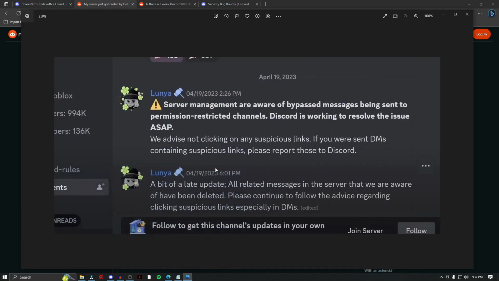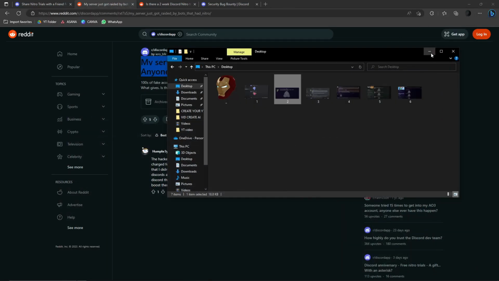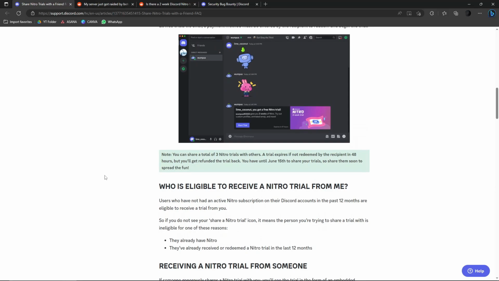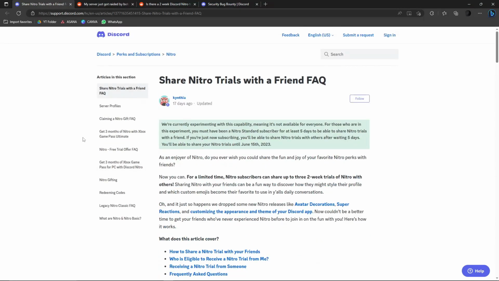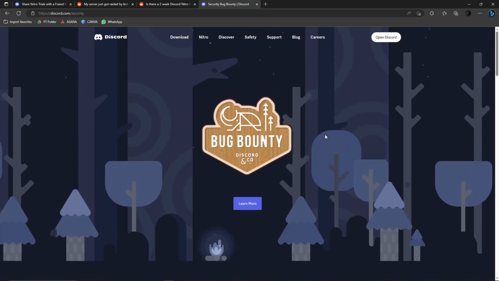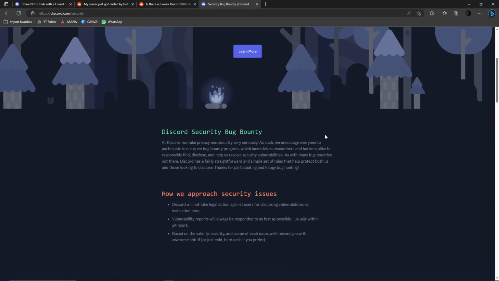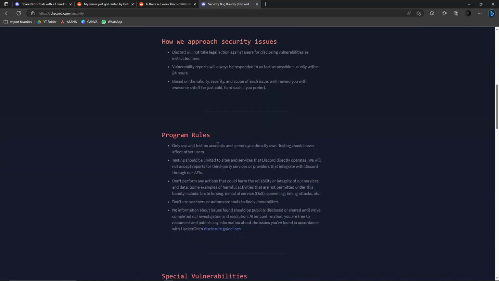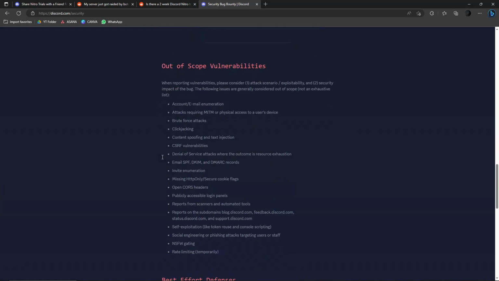So, what are the benefits of hacking a Discord server? The thing is, guys, that guy is really an idiot. I'm saying this right now, that guy is an idiot because he missed a massive paycheck. What do I mean that he missed a paycheck? Because Discord has this feature or promo, a bug bounty, you could say. So what is the Discord bug bounty? It's basically telling Discord what's wrong with their server, what can be done to make it better, what's wrong, how can we help, something like that. So the program is, you tell Discord what's wrong and then Discord pays you.